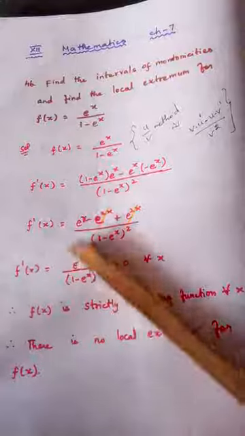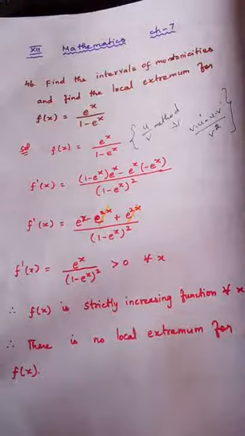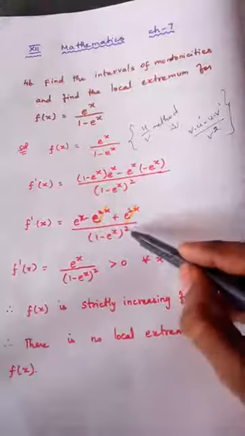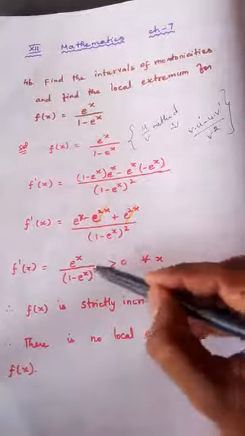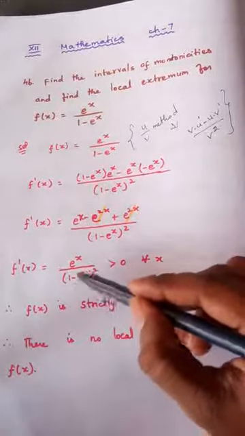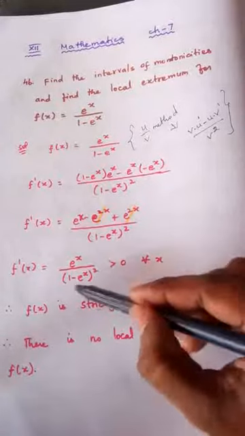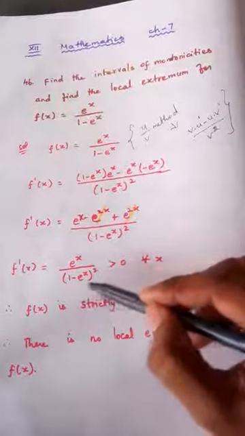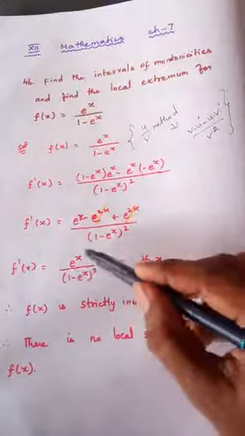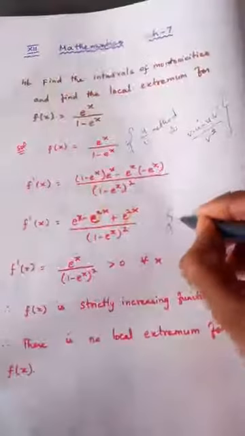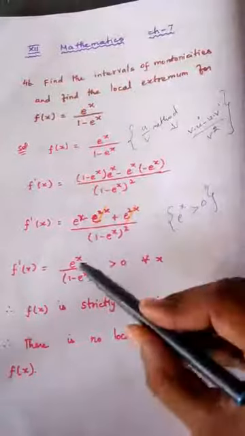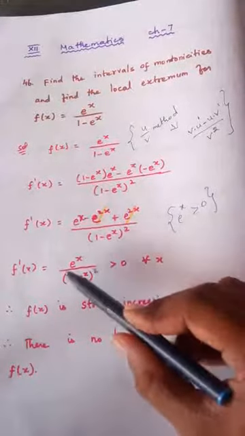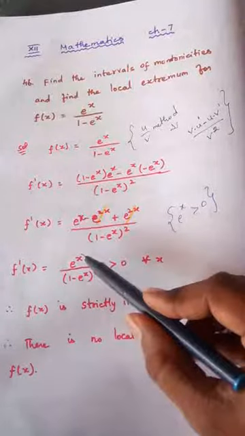Now if I see this, I can easily say one thing about the denominator. There is a square present, right? In the denominator the square is present, therefore the denominator must be positive. Even if this is negative, no problem, the square will make it positive. So clearly the denominator is positive. And also if you see the numerator, e power x is always greater than 0. We should know this. e power 0 is 1. e power 1 is 2 point something.